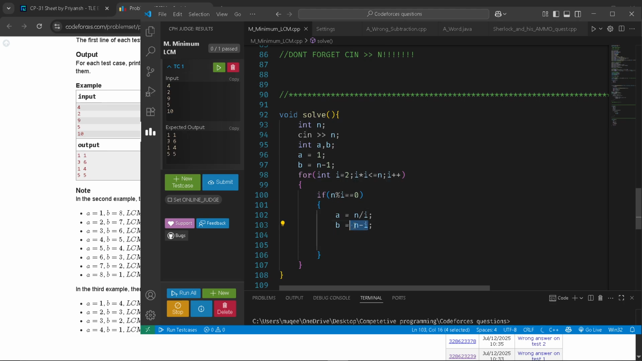Now some people might get a doubt, why don't we put b as i? We can put b as i, but we'll get the same. I mean, if you put b as i, then a will be n minus i. That won't give us a minimum LCM,